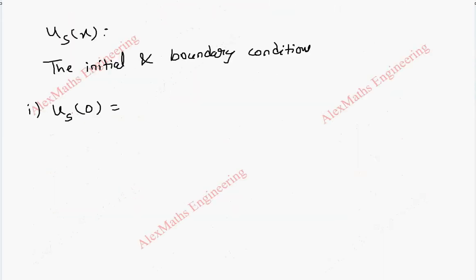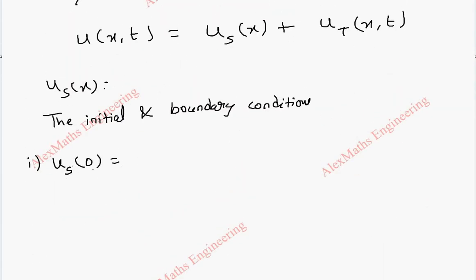So at x is 0, it is at end A, it is 40 degrees centigrade, and u s of 30 will be 60 degrees centigrade. And third one, u s, let's take it as